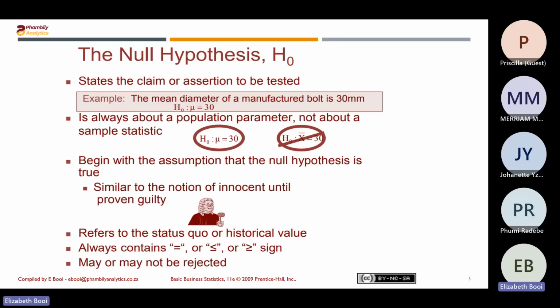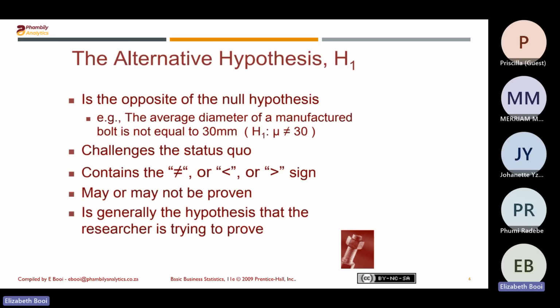When we get to the final decision, when we're making our conclusion and making our decision at the end, we make it in relation to the null hypothesis. So our null hypothesis can either be rejected or we do not reject the null hypothesis. The alternative, which is the complement of a null hypothesis,